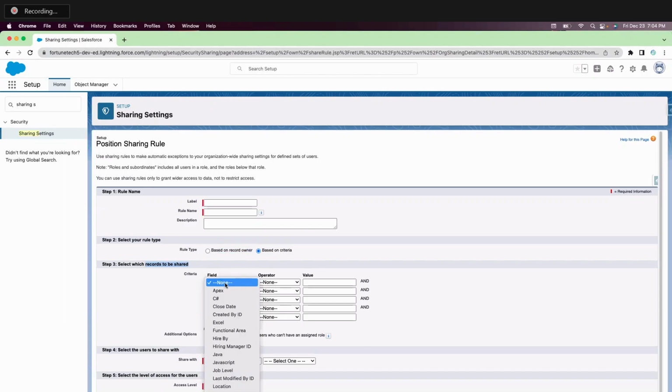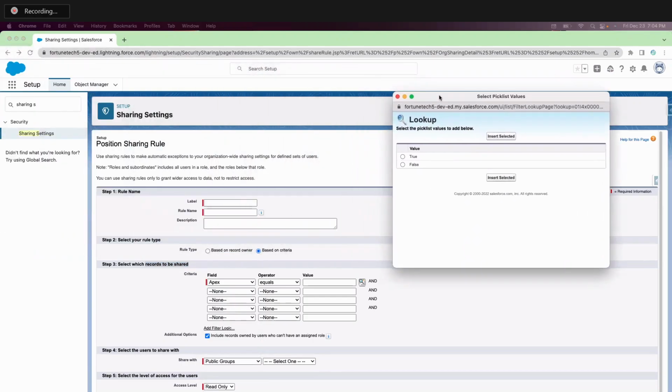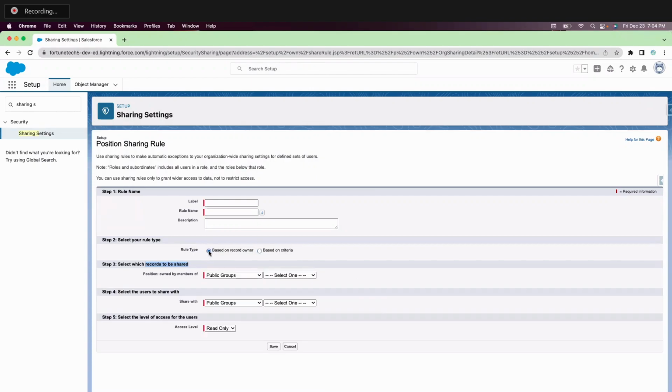For example, if this Apex field equals true or false, let me see where it is, it pops up right here. If this is true, then I would like to share it. If it is false, it's not gonna share in this condition. But if you do it based on the record owner,